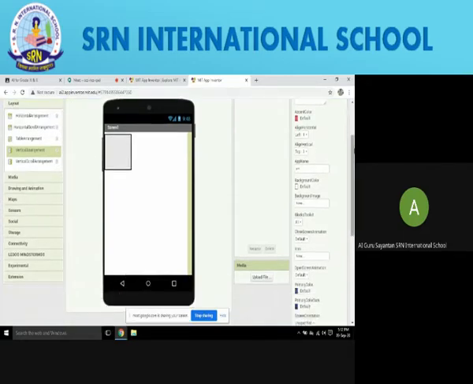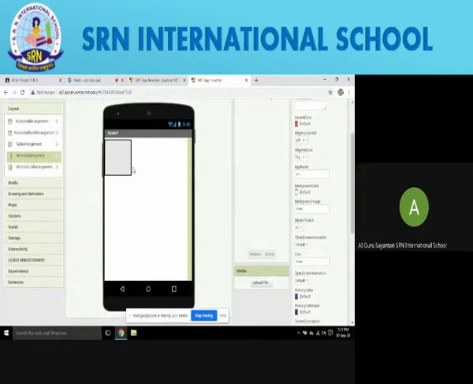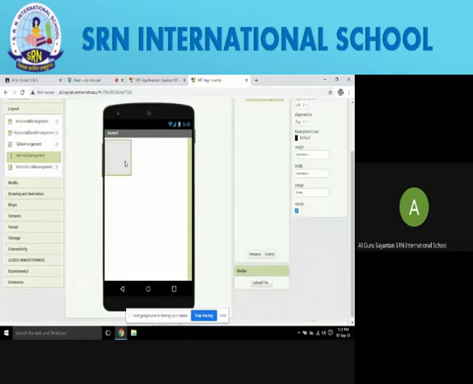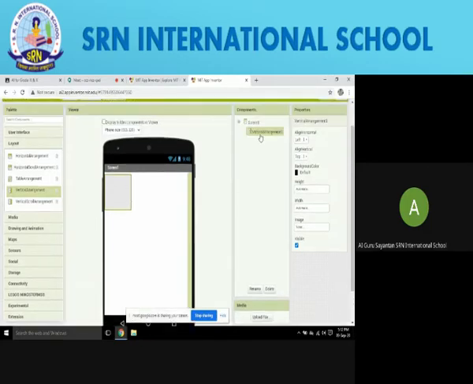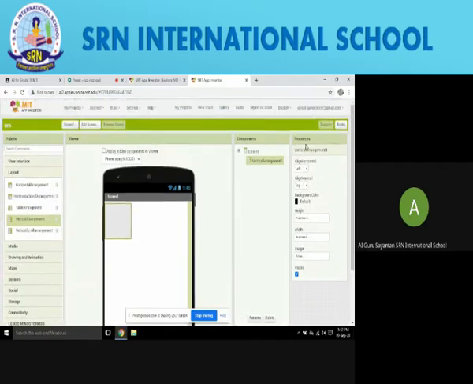But everyone can see, all of you can see that layout is the place where the entire application will be standing, but only this much screen space is very less for us to work, right? So what we will be doing, we will be increasing the space of work. How? We are selecting the vertical arrangement. Over here also it's getting selected, since we are selecting it over here. In the properties, the vertical arrangement's properties are showing.